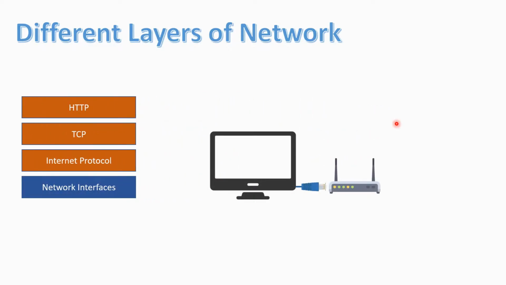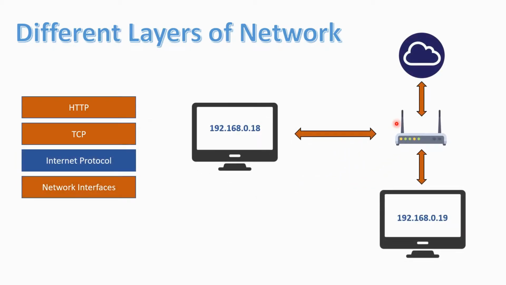Network interfaces is nothing but how your PC and your router are connected to one another. It can be wireless or wired. Then at the internet protocol layer, the data flow is managed. So even if there are multiple PCs that are connected to a single router, the data will always flow to its respective machine. The data never gets mixed up. All the data flow and data control is managed at the IP level. Then at the TCP level, the data packets are framed and sent from client to server, and error checking mechanisms are applied here as well so that the data goes error free.